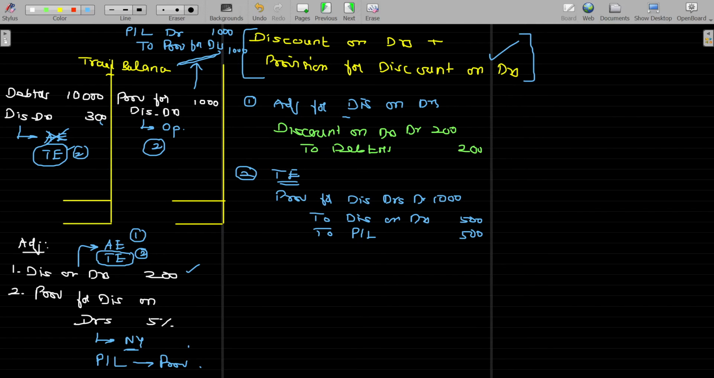And the third entry is all about the provision supposed to be created for the next year's requirement. Creation of